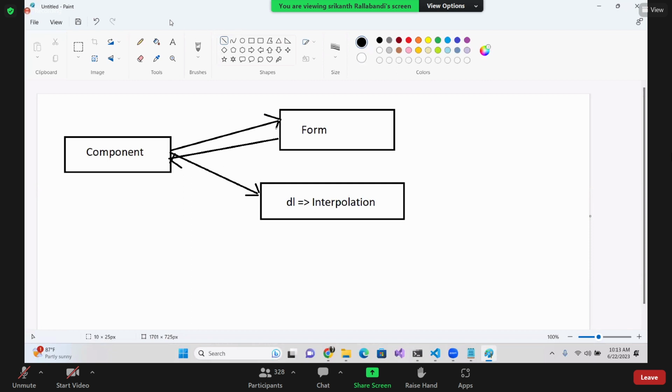Both together you can implement by using one thing, that is what we call ngModel. ngModel is part of which module? Forms module. This is all about two-way data binding. You may ask, Srikanth, directly we can use two-way data binding, why should I go with one-way data binding? Because always values